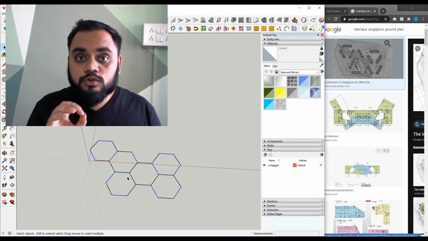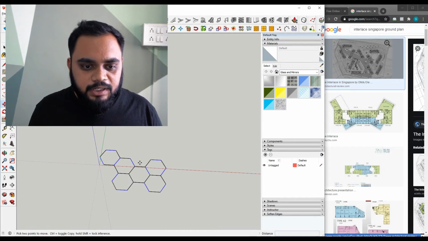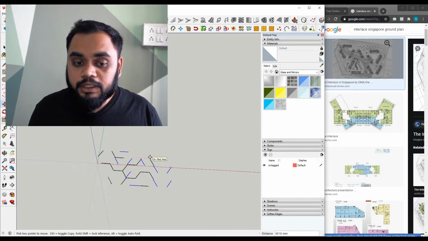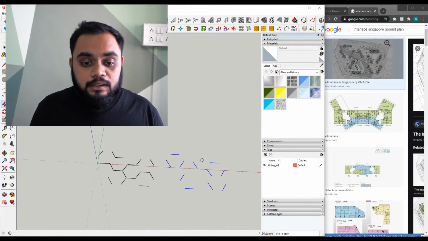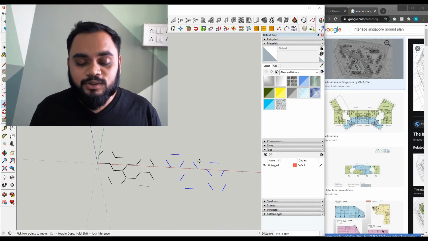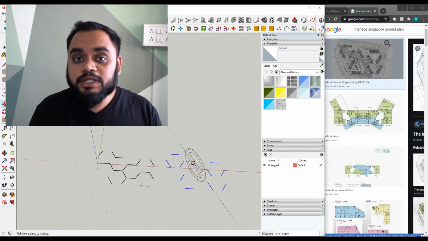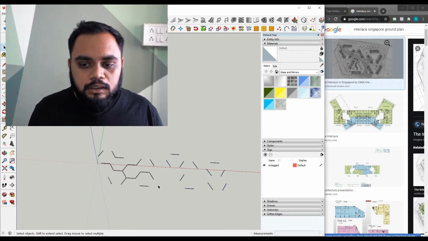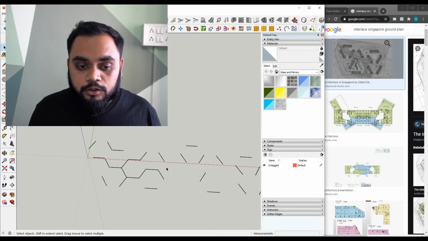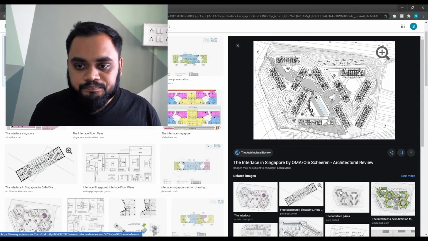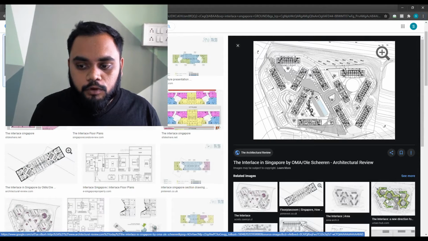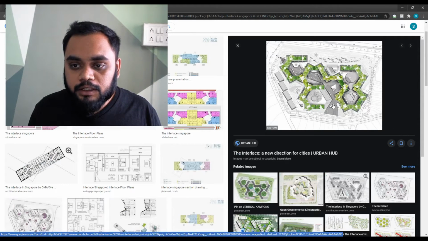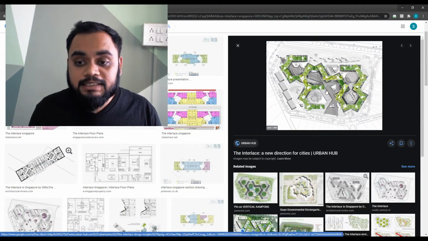Now we have to separate this. For separating, I'm just using the move tool, and you can easily move it because these are components and not edges. If they were edges, they would be attached to each other and it would be very difficult to move them. Now the point is to remove the excess things. Here you actually don't have blocks. If we see the top floor plans, this part over here is completely empty, it doesn't have anything.